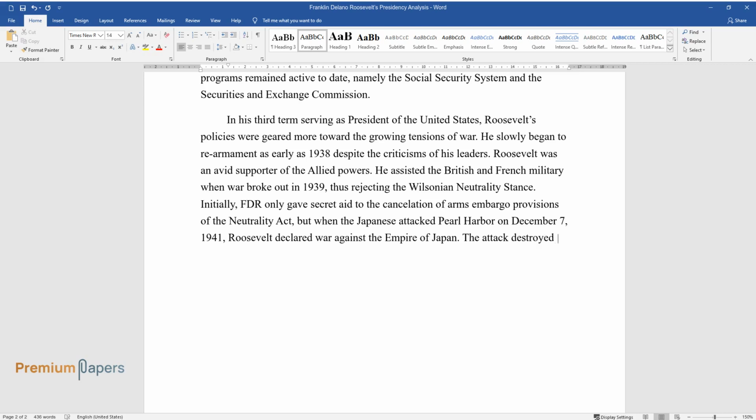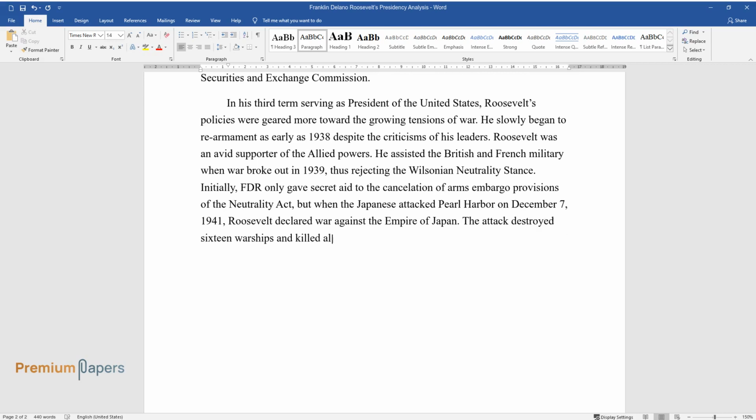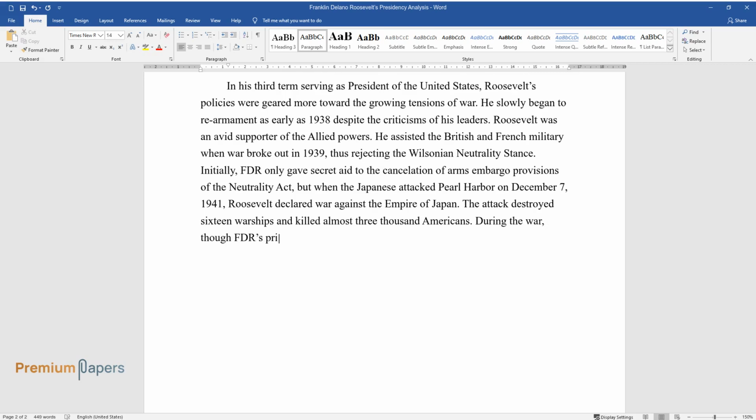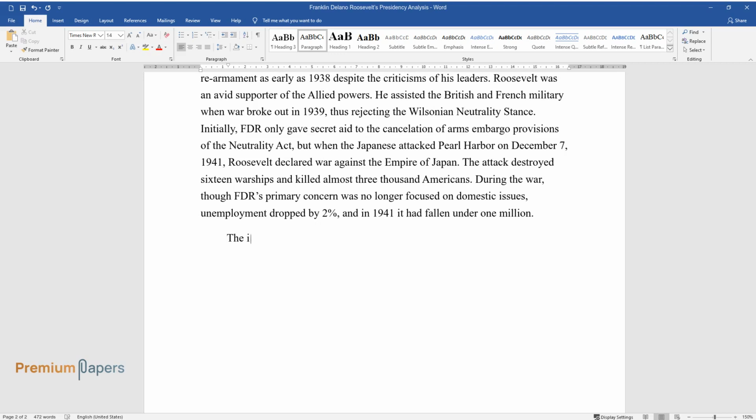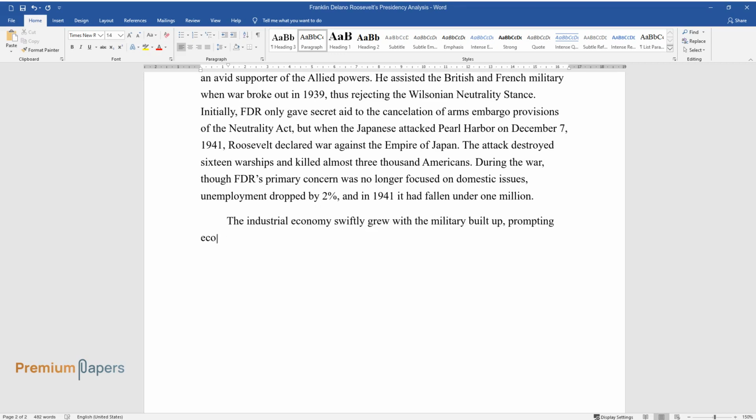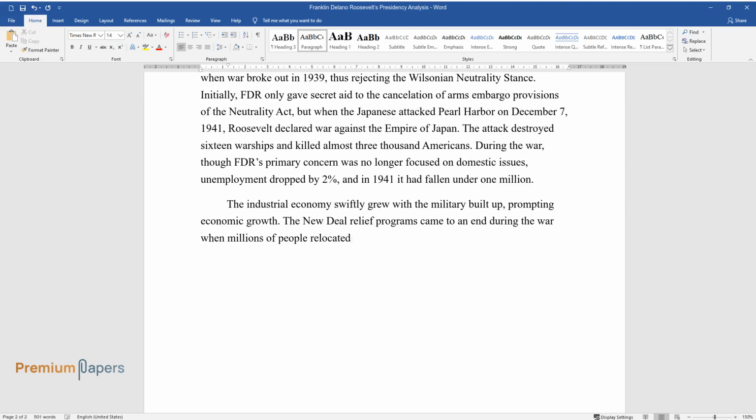The attack destroyed 16 warships and killed almost 3,000 Americans. During the war, though FDR's primary concern was no longer focused on domestic issues, unemployment dropped by 2%, and in 1941 it had fallen under 1 million. The industrial economy swiftly grew with the military buildup, prompting economic growth. The New Deal relief programs came to an end during the war when millions of people relocated to war centers